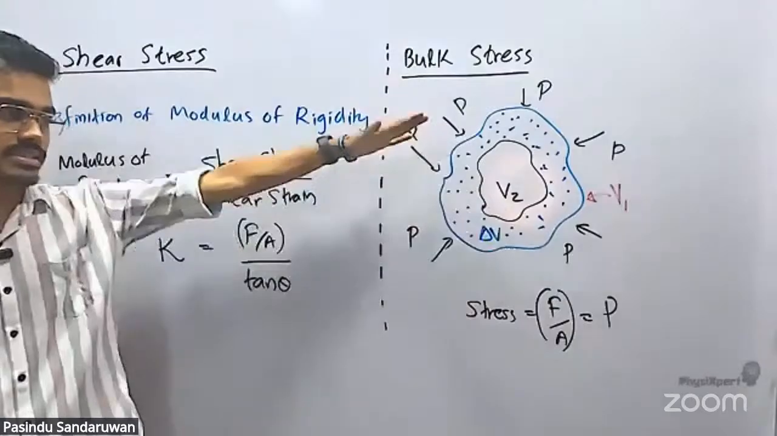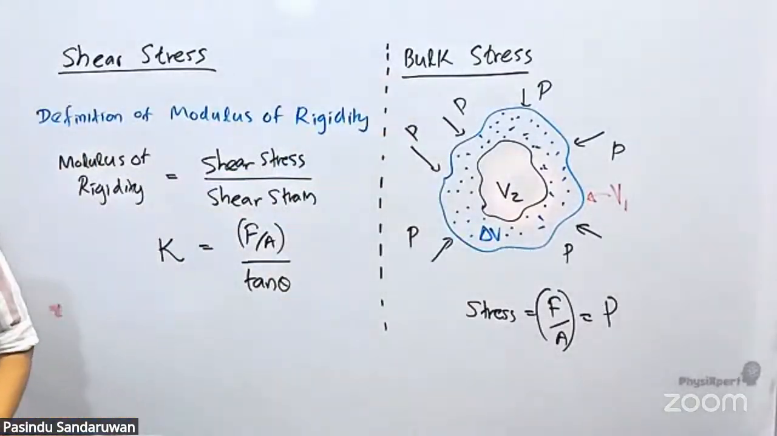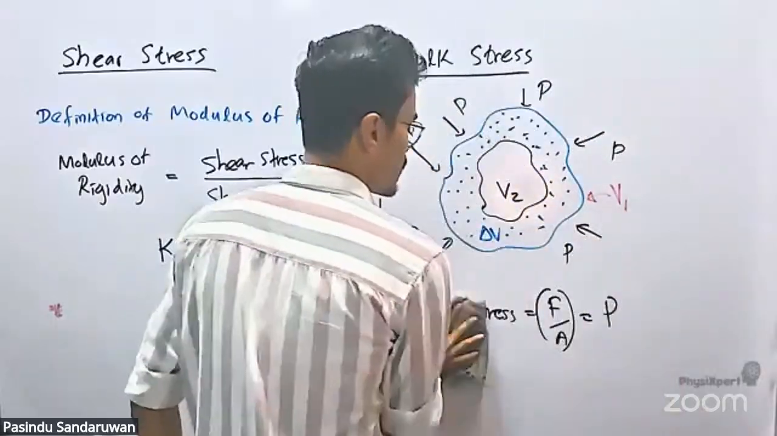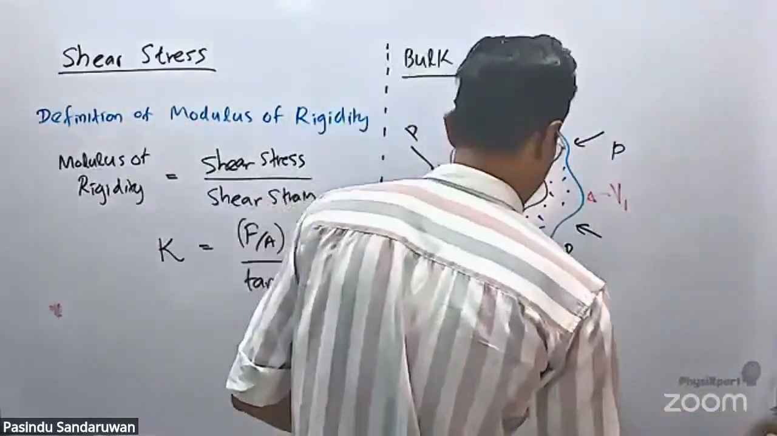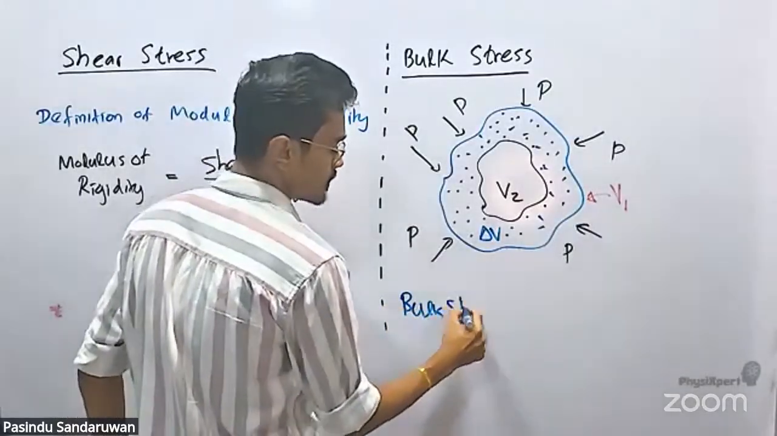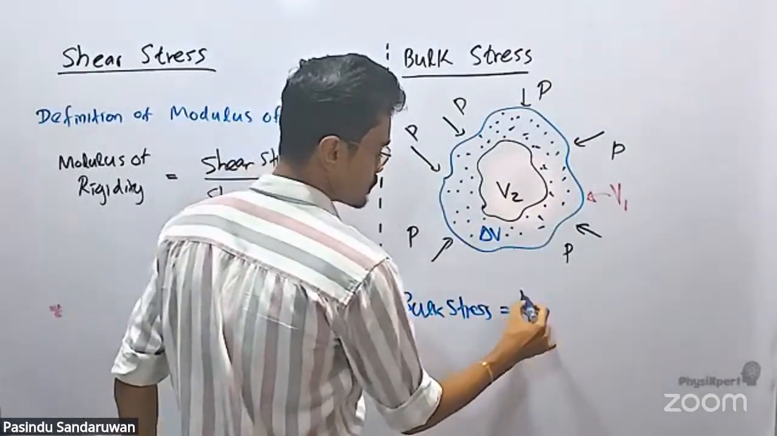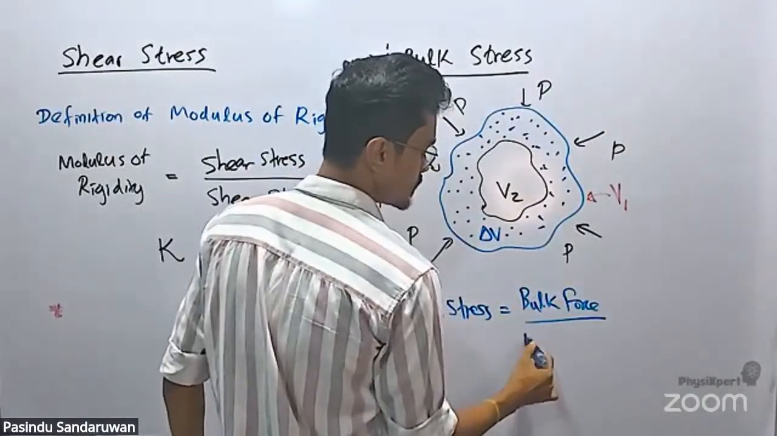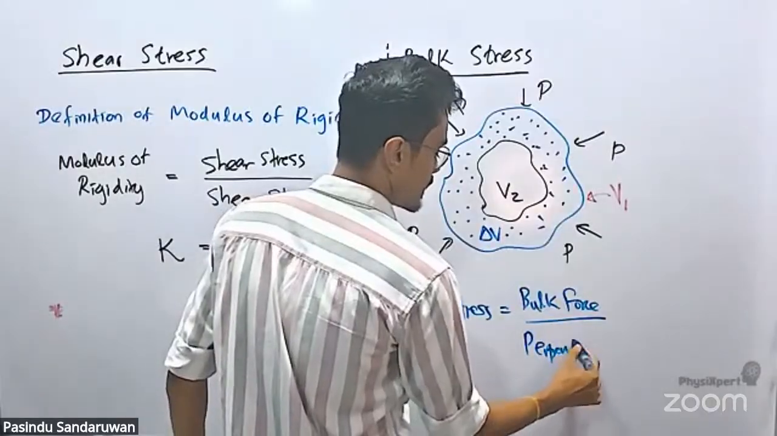Okay, first take this down. For the equation, I'll be writing the equation properly here. So we are to write bulk stress, right? Bulk stress should be bulk force over perpendicular area,